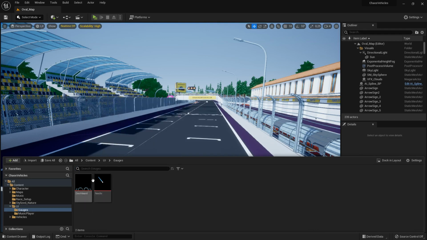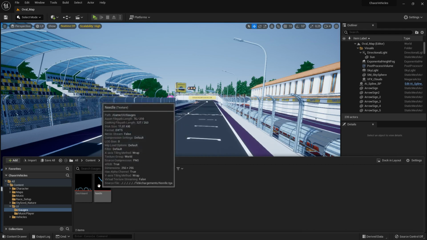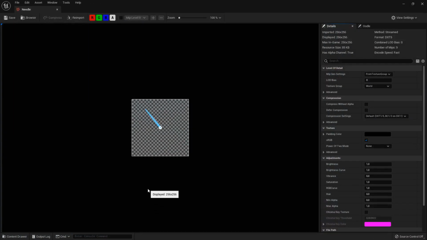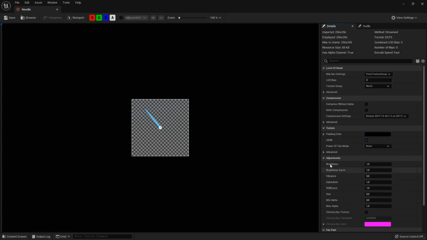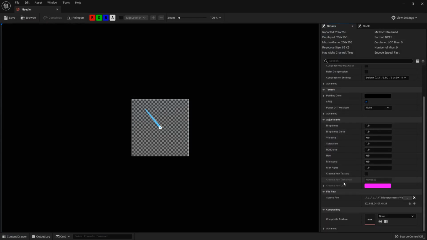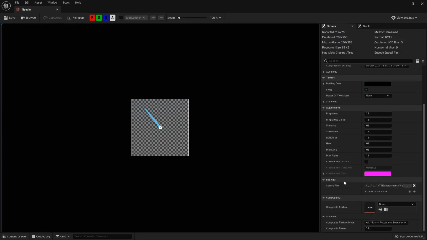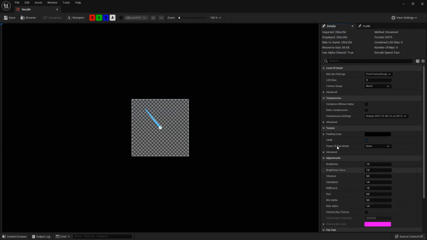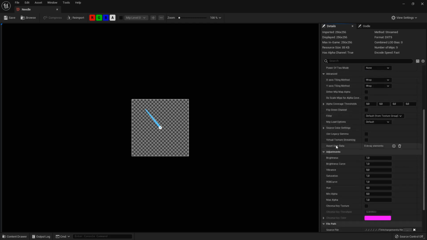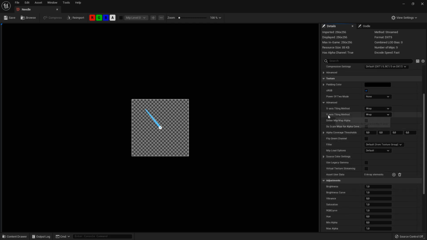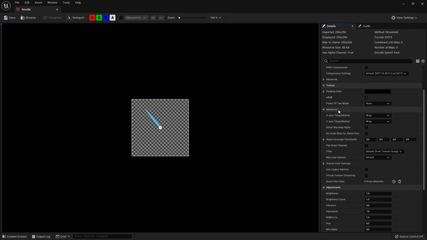First thing you want to do, well actually the only thing you want to do in the needle texture is you want to go here in the settings. Okay, texture advanced. Yep, okay, so in the texture advanced you have the X and Y axis tiling method. You want to set those to clamp,